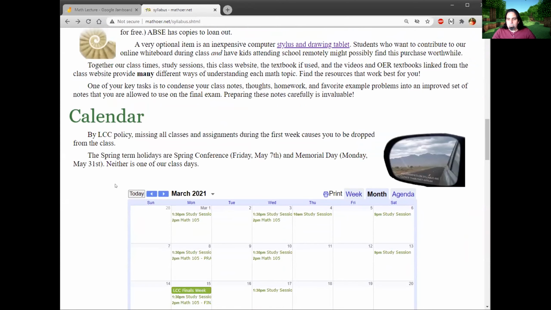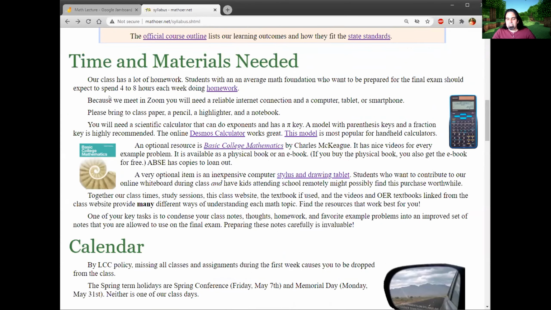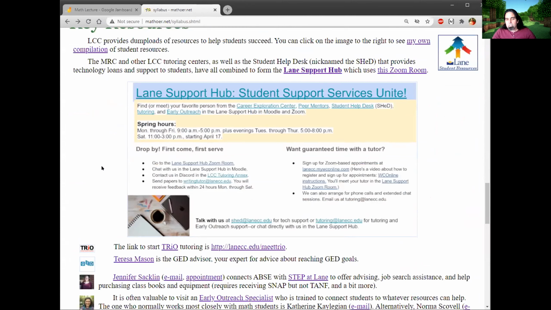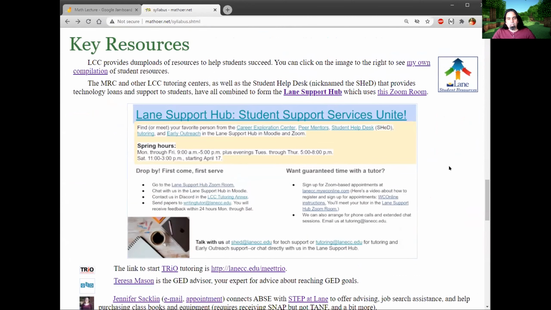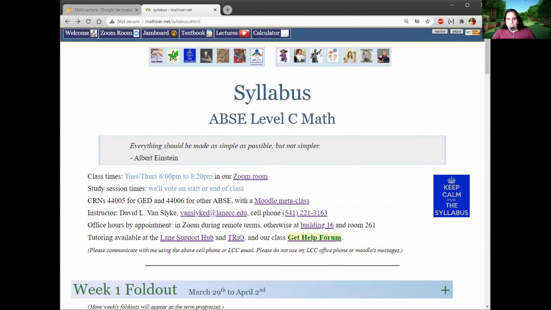Okay, there we go. Questions about all the time and materials? No. Okay, calendar, you can look at that on your own. Key resources. If you know of things that I don't, especially Patty or Anna, then holler out and I can add them later. I have a website page that we'll get to, this one with this arrow,